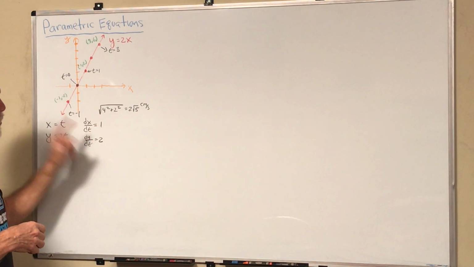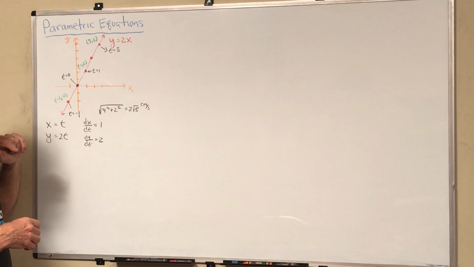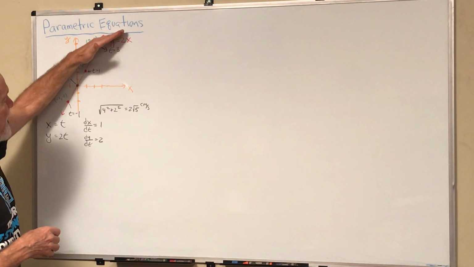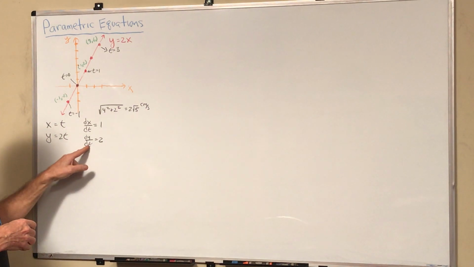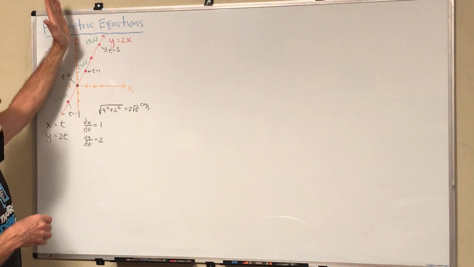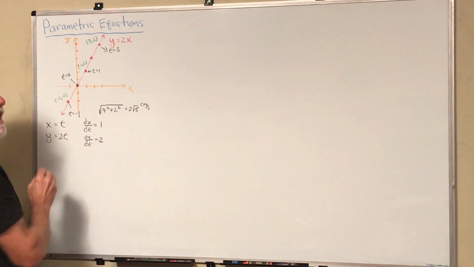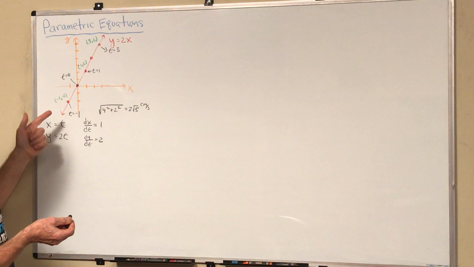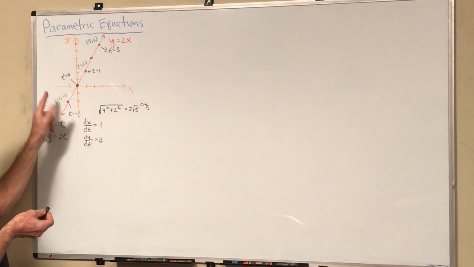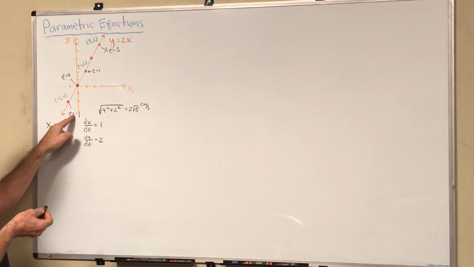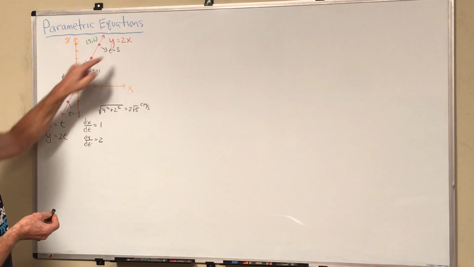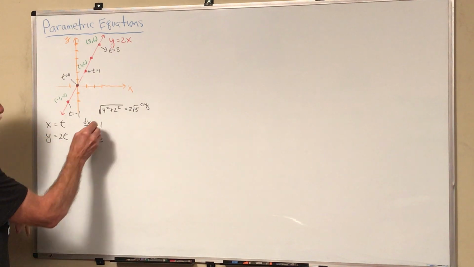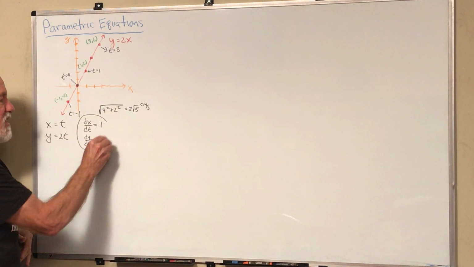And since these are both positive, that means when dx/dt is positive, it must be moving to the right. And when dy/dt is positive, it must be moving up. So we kind of know that it's moving up and to the right, even without looking at the different times. I mean, you can see it's moving up to the right because -1, 0, 1, 3, as time is getting bigger, x and y are both getting bigger. But we could have told that just from here.